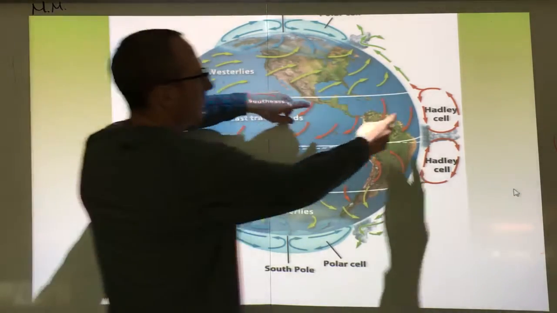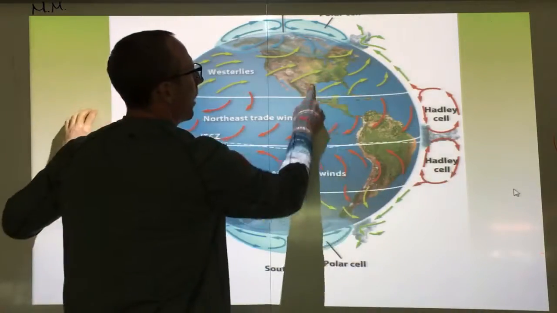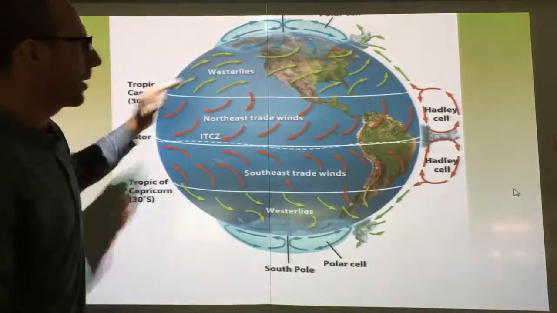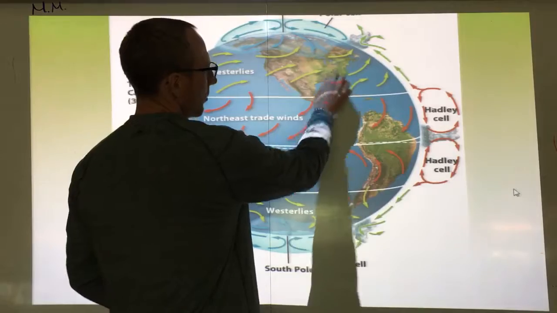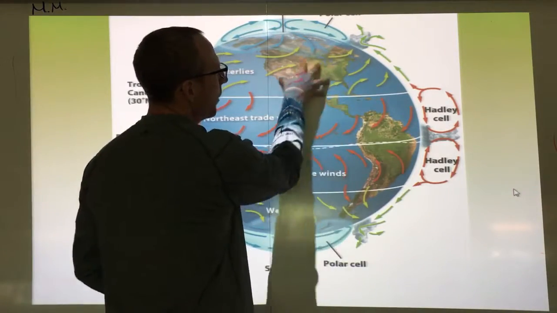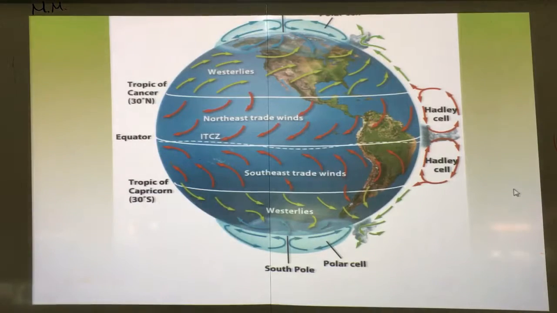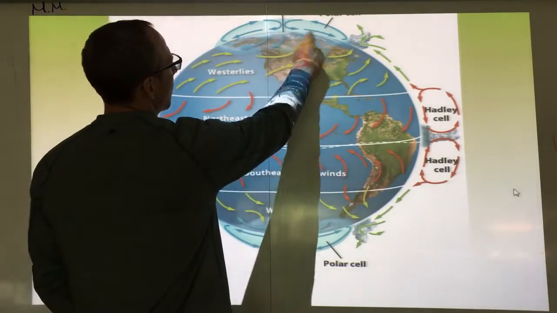Now, this cell, remember, goes like this. So these are going up. These are going up. And these are your westerlies. Now, they're called westerlies because the wind comes from the west. And if you're here in West Virginia, where we are, you can feel and you can look and see our wind and weather coming from that direction most of the time. Okay? Now, these westerlies, and up here we have some polar easterlies as well,